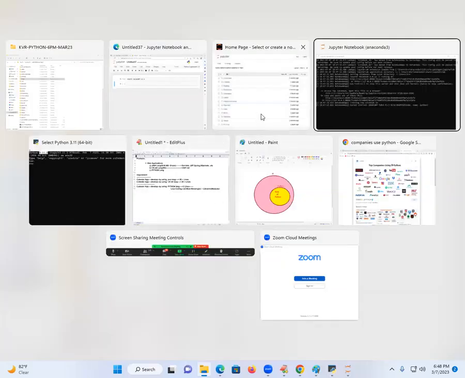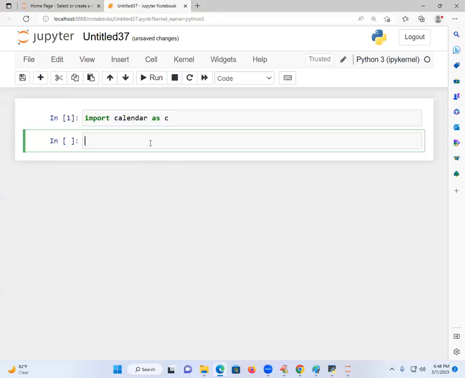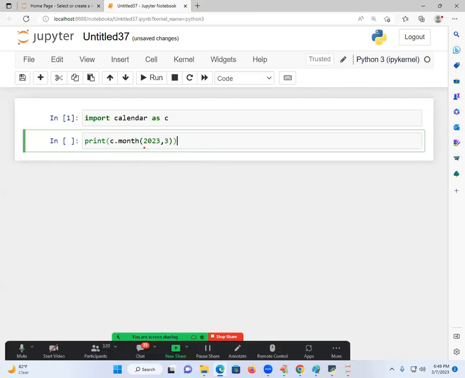I will explain the modules separately in the class. Now I am going to say print of C dot. Don't worry. Today you just see how easy it is to write Python code. 2023, now I am saying March month. 2023 is called what? Year. And this is called a month. Don't try to understand the code, because I am not starting coding today. I am showing you how easy it is to write code in Python. I will explain 0 level Python from tomorrow onwards.